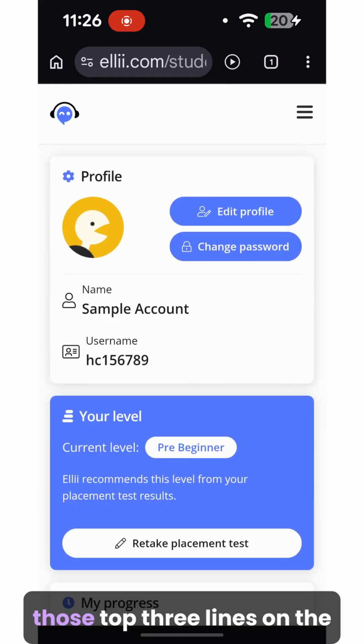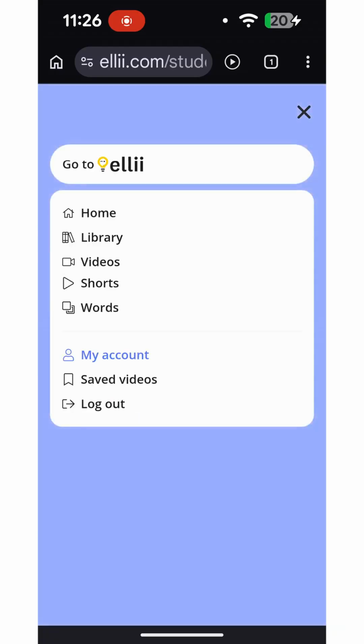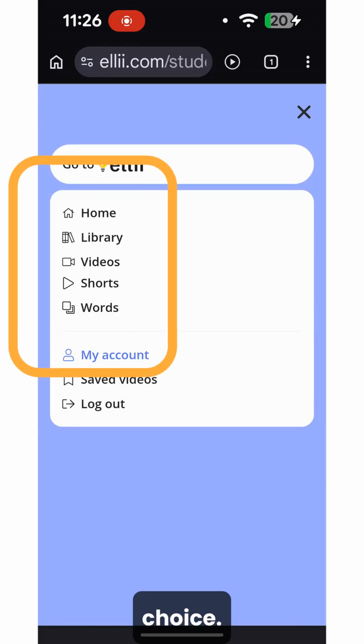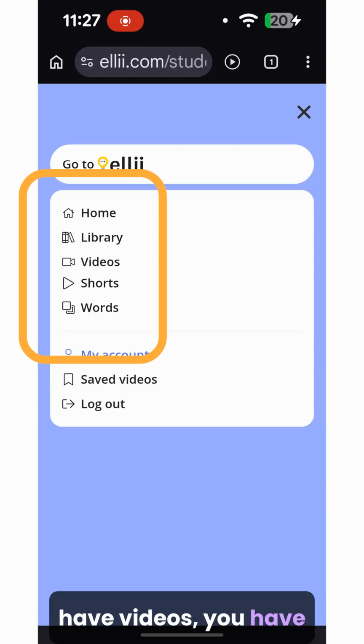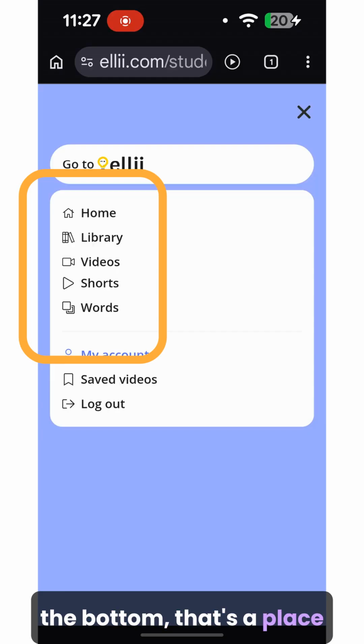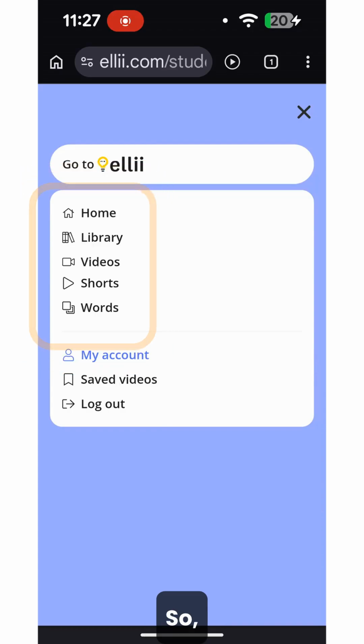Now I'm going to go to those top three lines on the right again, and you have a choice. You have a library, you have videos, you have shorts, which are just short videos, and then words at the bottom. That's a place to store the vocabulary that you want to study later. So I'm going to go to shorts,